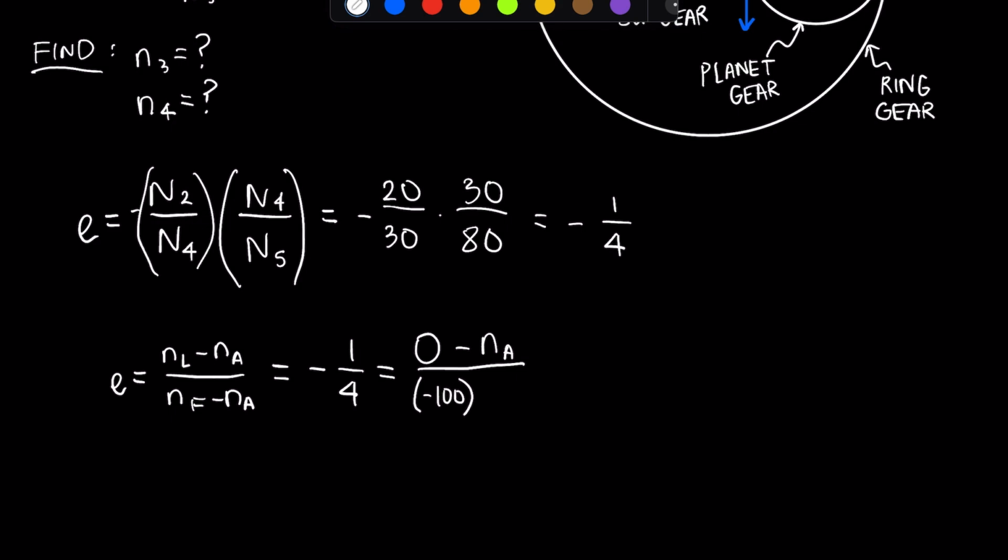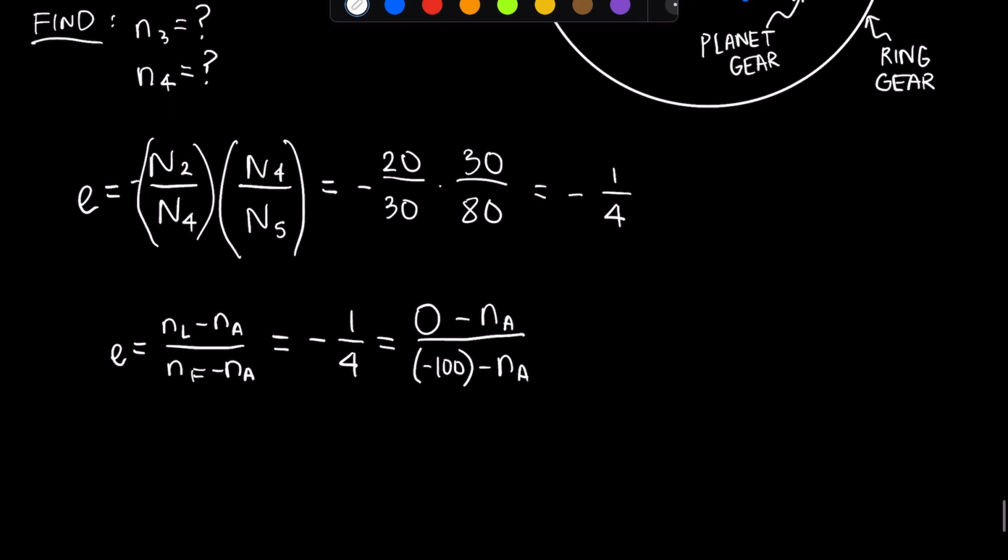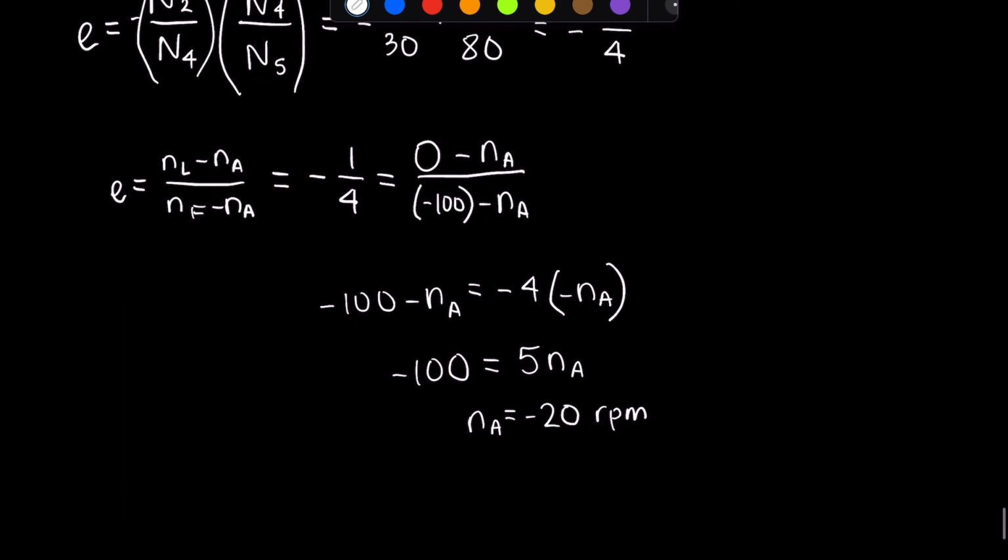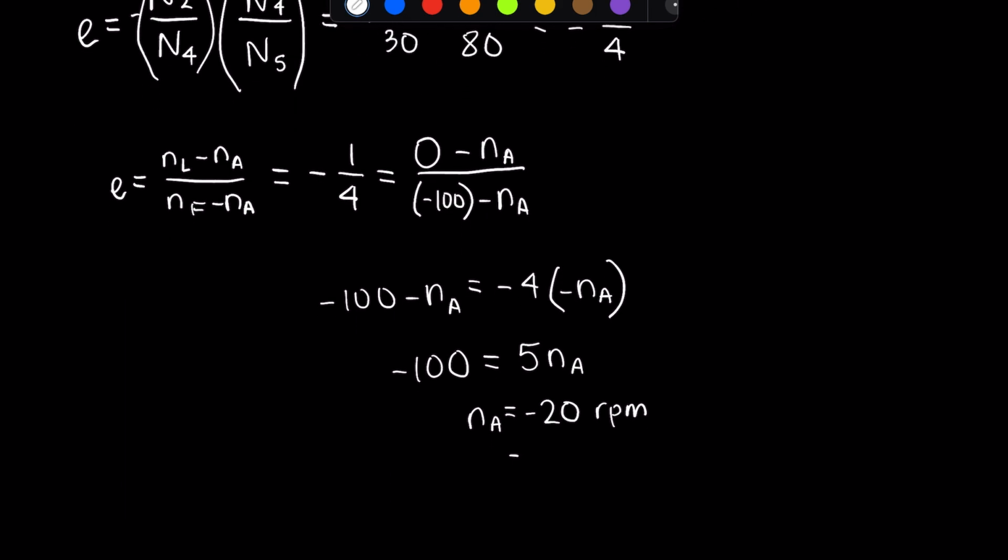We define clockwise as negative, minus NA. You don't have to define clockwise as negative, but that's common convention. So we can solve this equation now for NA. We find that the speed of the arm is negative 20 RPM,